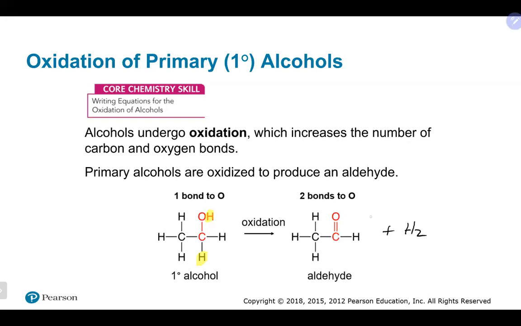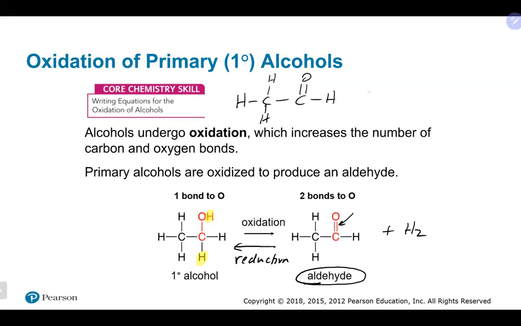And we do need to close that gap by making that into a double bond, basically. Otherwise, we're going to be short bonds. And as we talked about earlier, that obviously gives us our aldehyde. Now, that is the oxidation reaction. The reverse of that reaction is the reduction reaction. And that is when you would add just H2 to your aldehyde. So if you did that going the opposite way, starting with the aldehyde, and it doesn't matter how many carbons are on this aldehyde, but if you added H2,